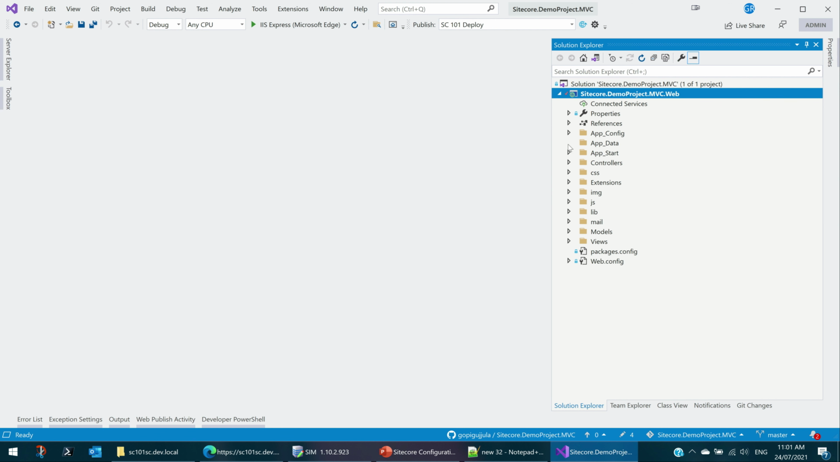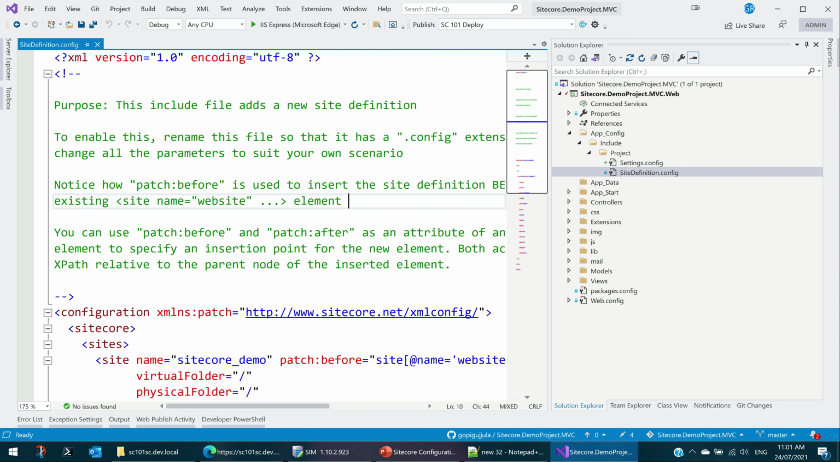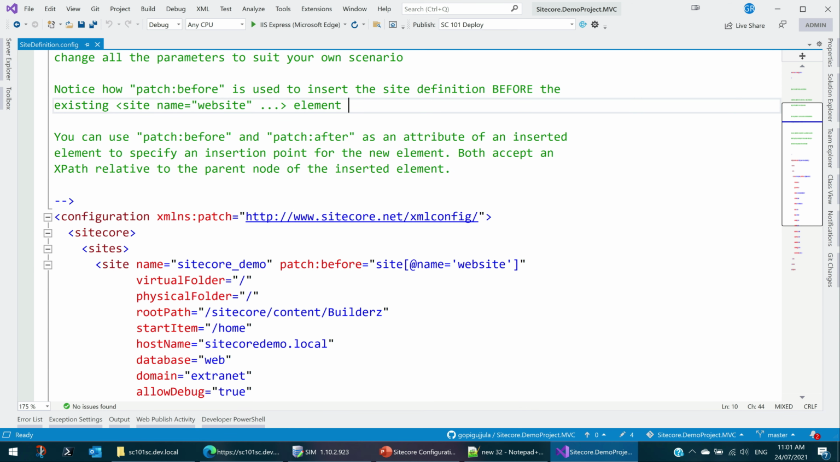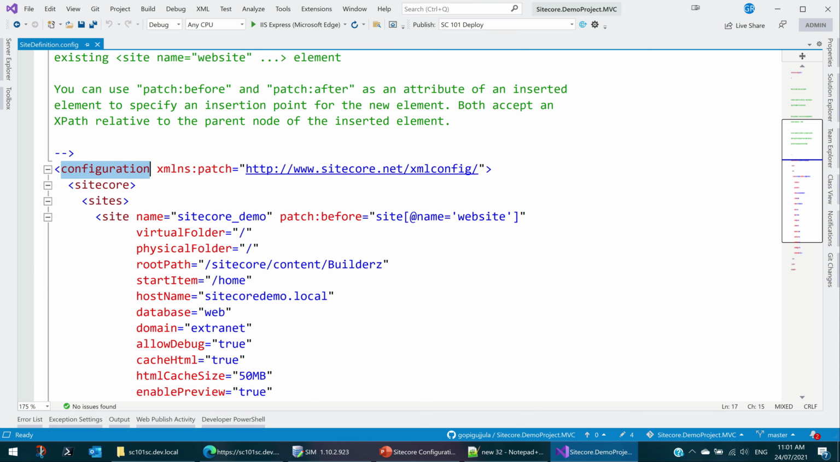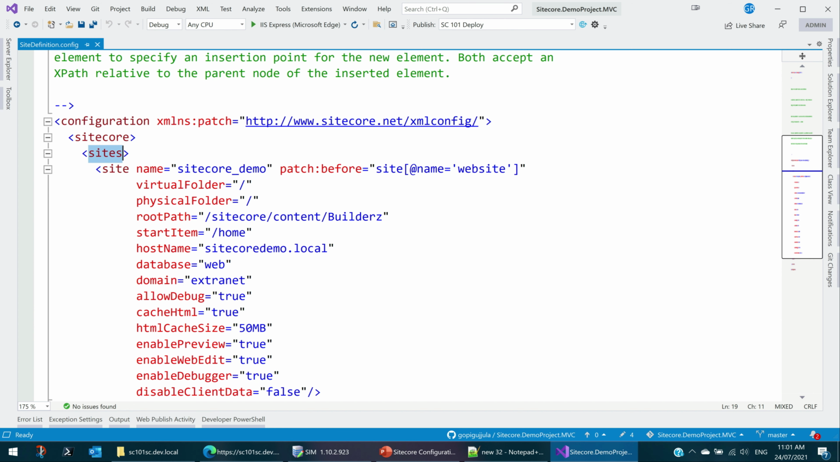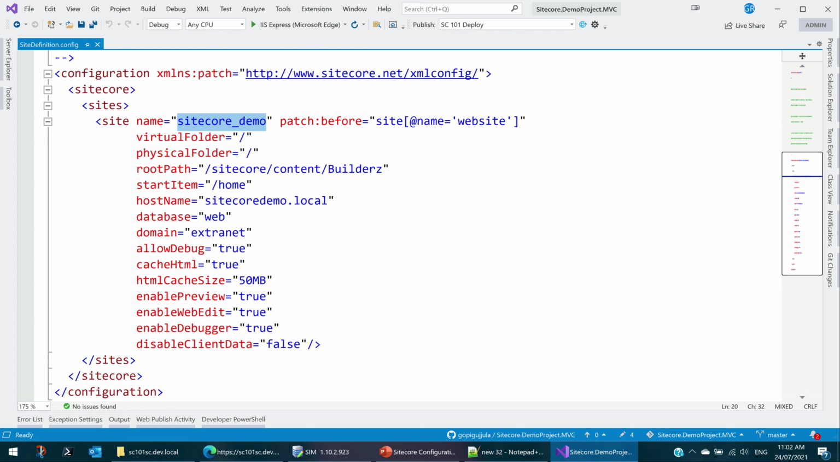First of all, as I said, we have already seen patching in our custom configurations. For that, we already defined Sitecore site definitions. So you see configuration, XMLS patch, XMLS config, and Sitecore sites and Sitecore demo. We are explicitly using patch before. As I said, there is patch before, patch after, patch instead, patch delete, all those things. So we are explicitly saying you have to patch this site